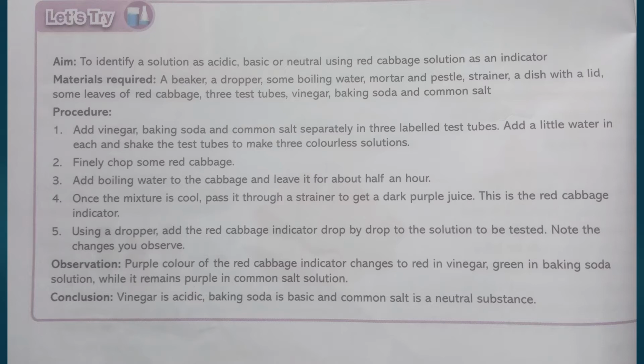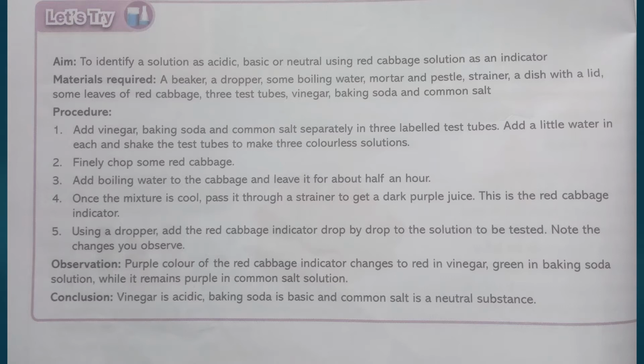So to perform this activity we need to arrange some materials. Number 1: a beaker, a dropper, some water, a mortar, a strainer, a dish with a lid, some leaves of red cabbage, 3 test tubes, vinegar, baking soda and common salt. So, procedure, step number 1: we have to add vinegar, baking soda and common salt